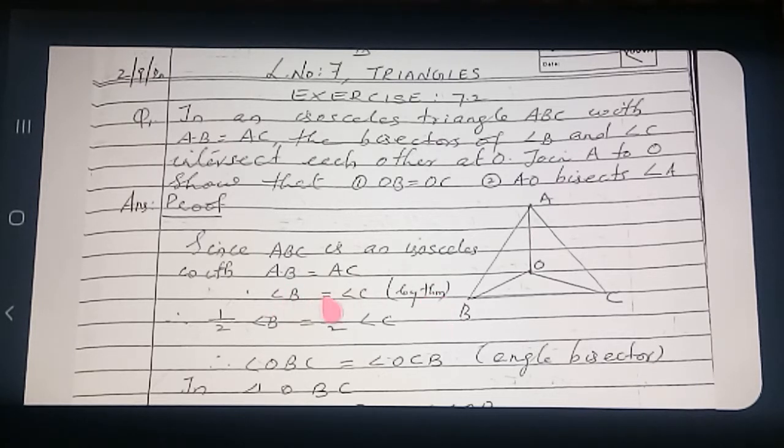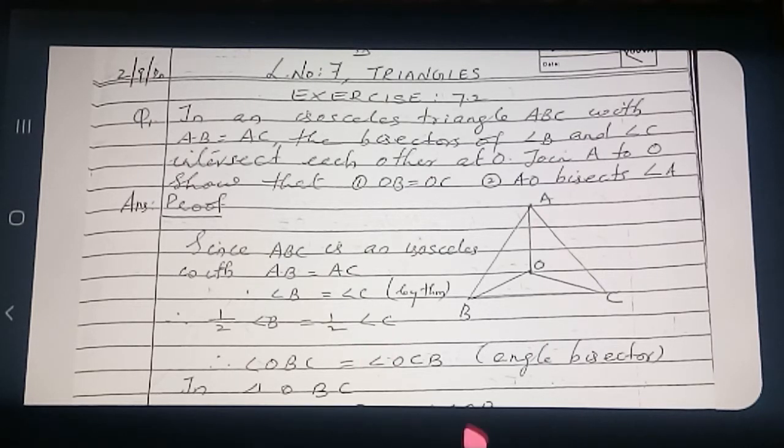Now, if two angles are equal, then what about half of the angles? Equal. For example, this angle is 60 and this angle is also 60. Both are equal as given, no? So different measures cannot be taken; equal given means take equal numbers only. Angle B 60, angle C 60. Half of 60, how much will come? 30. Half of 60, what will come here also? 30. So if two angles are equal, then half of the angles are also equal. So half angle B is equal to half angle C.